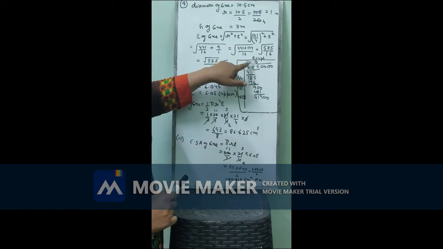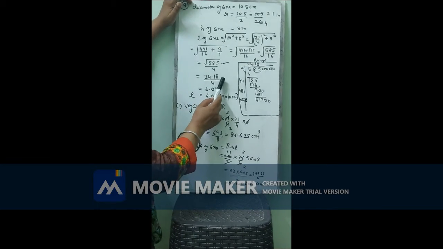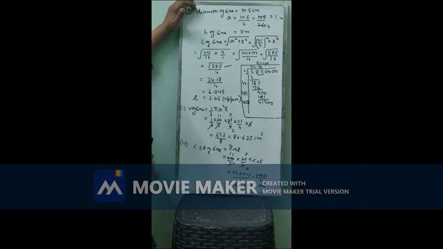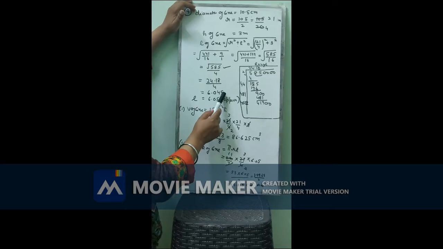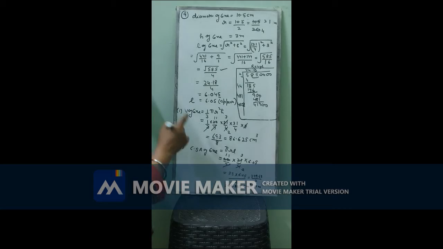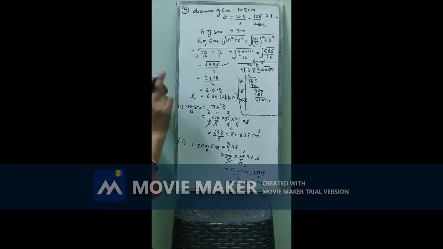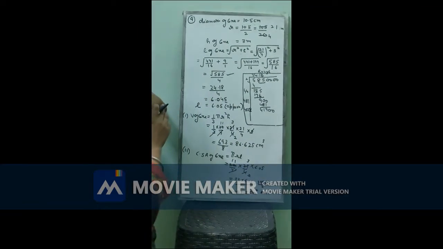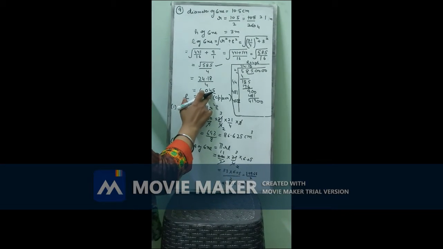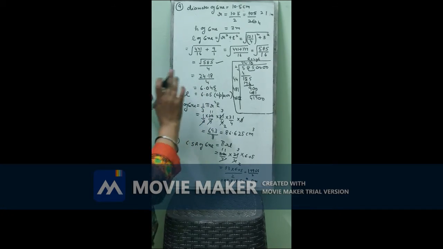Now we have got the answer 24.18 for the slant height upon 4. 24.18 upon 4. When you divide this by 4, you will get 6.045. Round off this number. When this 5 is removed, automatically 1 will be added to 4. You will get 6.05 approximately. Suppose here, instead of 5, 4 is there. Then only 4 will be removed, but there will be no change in the number till 4. That means L could be 6.04.